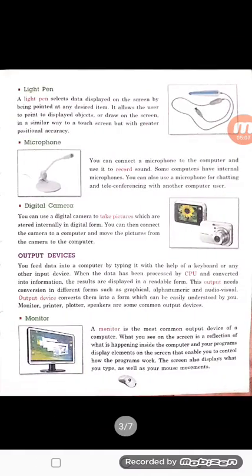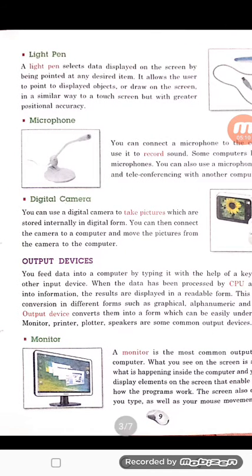Next we move to our light pen. I gave you an example yesterday that a few years earlier, when touch screens were introduced, a metal stick came with them to write, draw, or select something on that screen. So just like that metal stick, light pen is also an input device, and it is used to point out the object and to draw on the screen. We can directly draw with it, but the difference is that it works with accuracy.